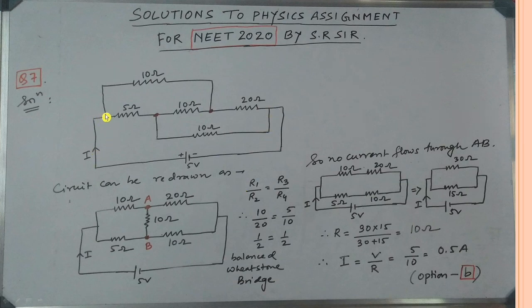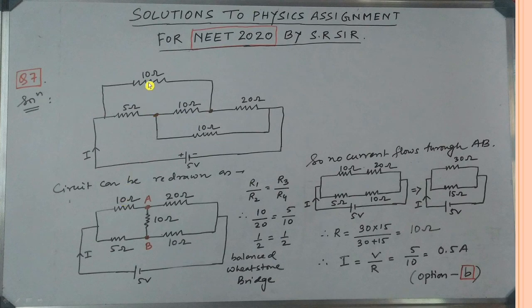It can go like 5 ohm, 10 ohm and come back to the 5 volt source. So current is not passing through this 10 ohm resistance. We have seen that visually, right? This 10 ohm is not taking part in the current contribution. So one path is 10 ohm to 20 ohm and return. Another path is 5 ohm, 10 ohm and return. So we can simplify this circuit keeping these 2 points in mind.